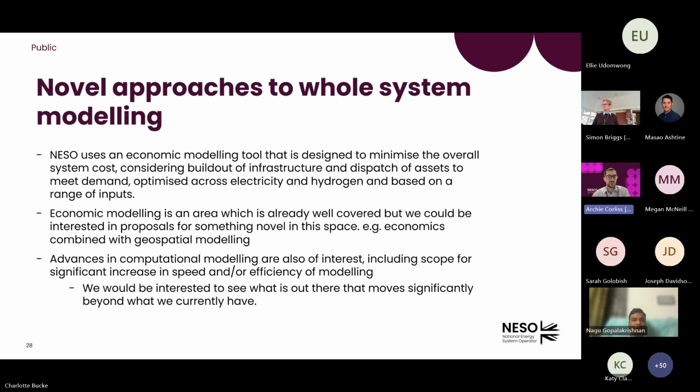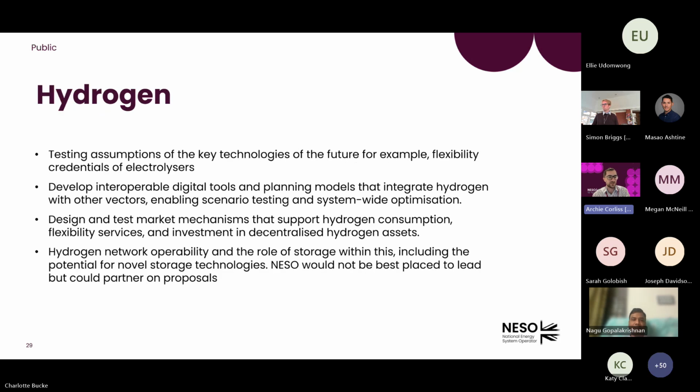And then just onto the final slide, or final couple of slides. So on hydrogen, I've highlighted that there's a real range of uncertainty here around the level of hydrogen demand across some different sectors. We want to be able to test some of these assumptions, and particularly where we've got key modelling assumptions that might impact some of the results of our whole system plans, the extent to which we can test these assumptions and explore the impact of varying them is really important. So highlighted here are things like the flexibility of electrolyzers.